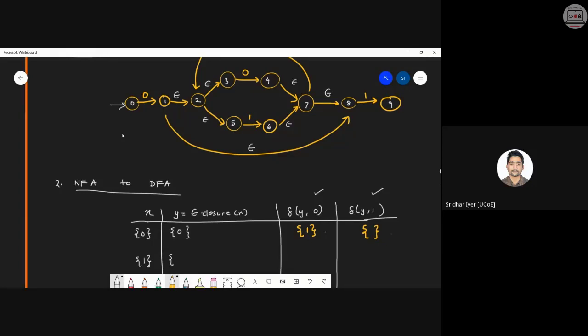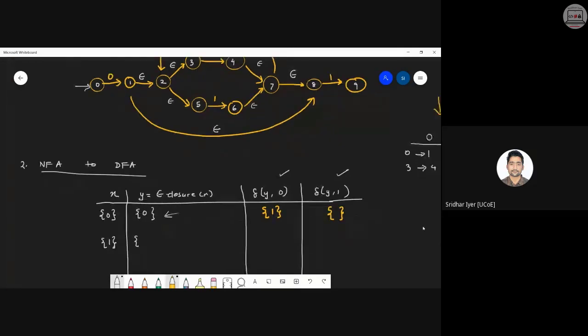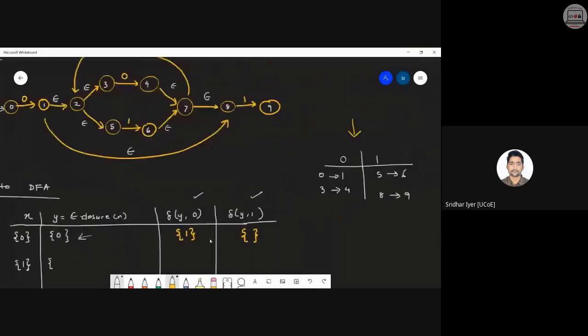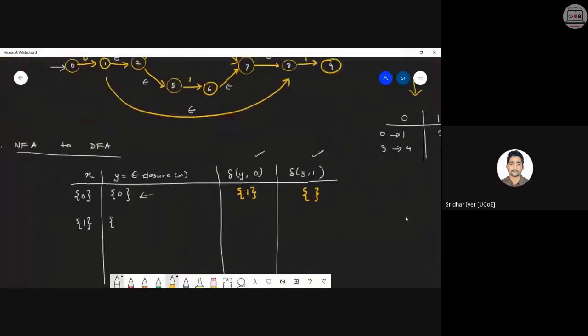This set is nothing but it will only consist of all those values which are traversable using an epsilon path only. समझ रहे हो अभी? As 0 has to be a part of that set, we can't avoid that. But 0 के पास कोई epsilon closure है क्या? No. 0 doesn't have any epsilon closure. That's why no further state can be a part of this epsilon closure set. Am I clear with this? If this is clear, this particular thing has to be clear. Cool. Can I move ahead? Kindly let me know.